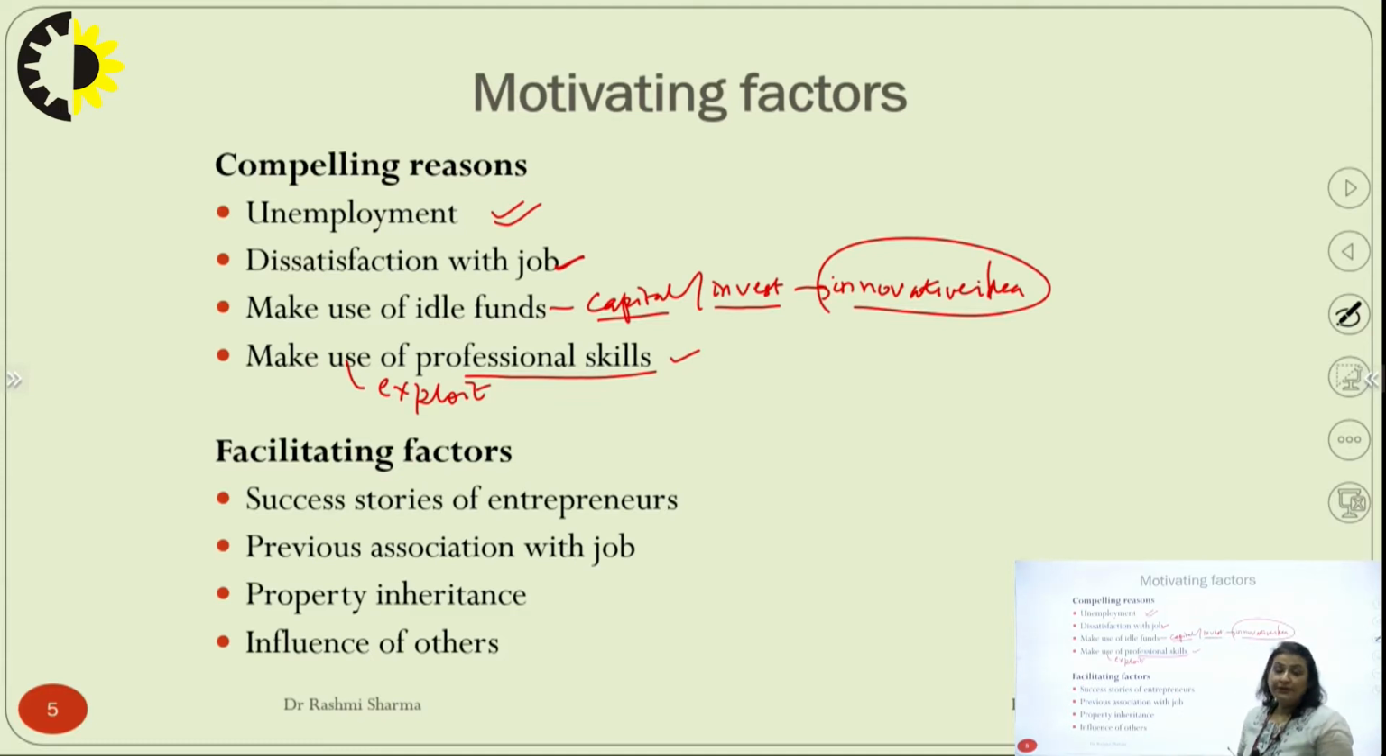Obviously, there can be some reasons. You might have heard about the successful stories of entrepreneurs, or anyone in your family or a near relative is a successful entrepreneur and is becoming financially independent, and you want to become like that. So this can be one of the reasons. Then previous association with the job. The job with which you are associated, you are not satisfied, or you are finding some dissatisfaction,